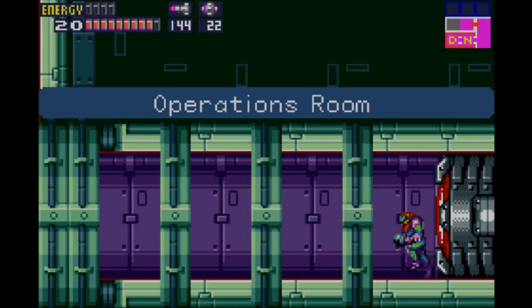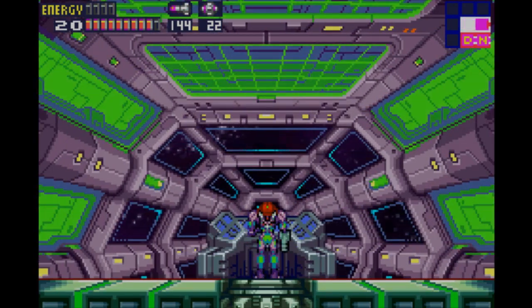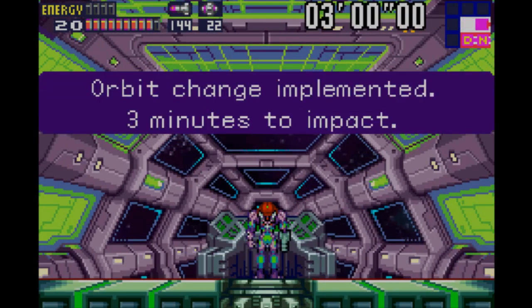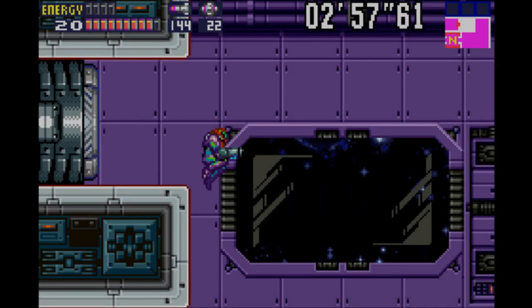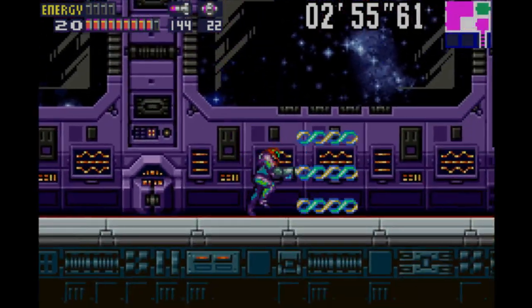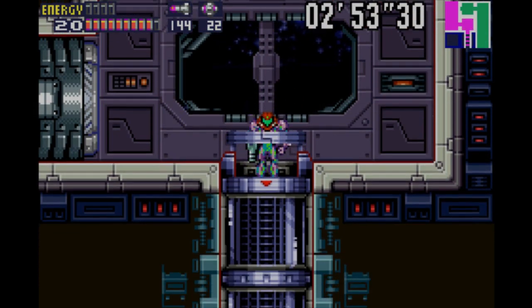Game Boy Advance just had so many good games for it. Alright. Propulsion sequence activated. And now we've got 3 minutes to get out of here, so... 388. Propulsion sequence activated. Destination, planet